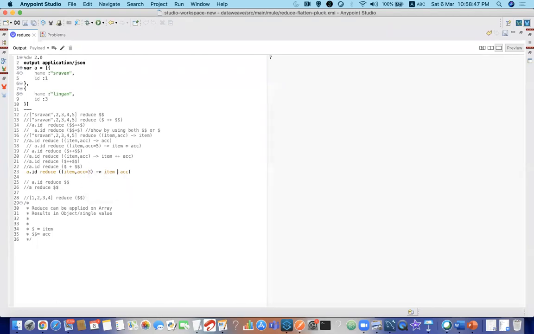Shall we do multiplication here? 3 into 1, into 3. And if you give 2 here, 2 3s are 6, 6 4s are 24. And if you are giving plus, 2 plus 3 is 5, 5 plus 4 is 9. Clear? It's iterating over ID because we are giving a dot id. We'll just explore a little bit on reduce. Reduce is a bit complicated, but if you try to understand with these examples, it will be a bit easier.